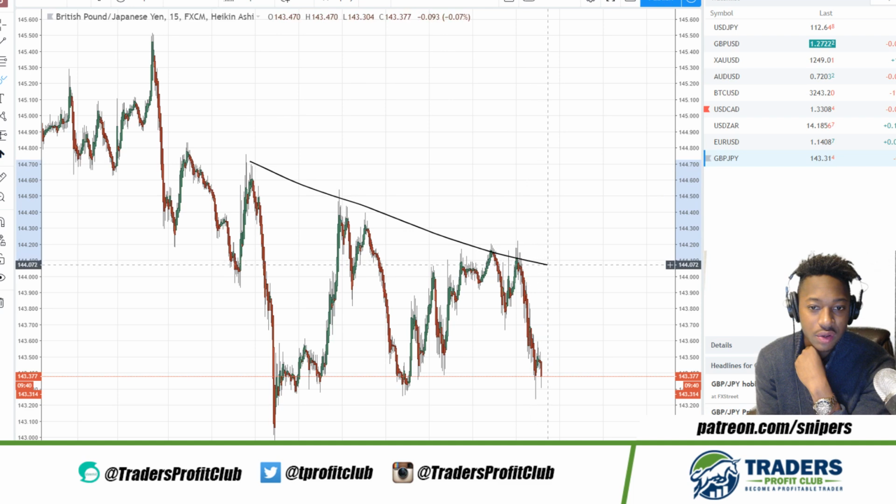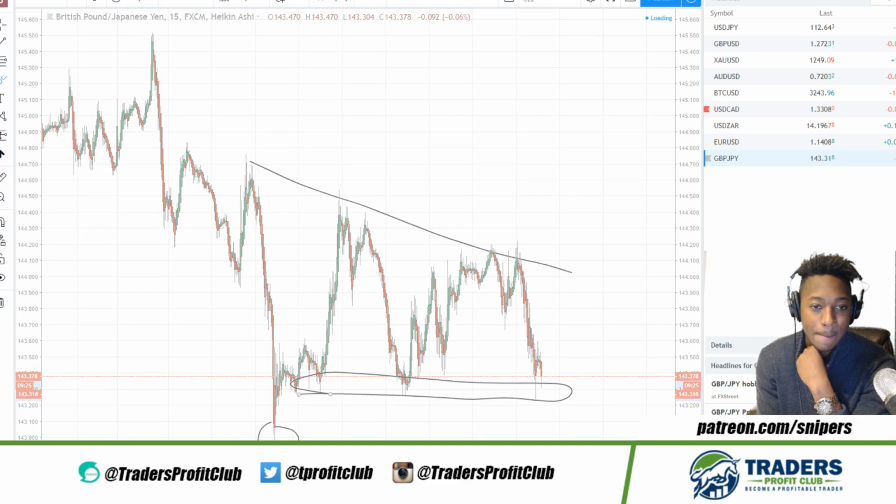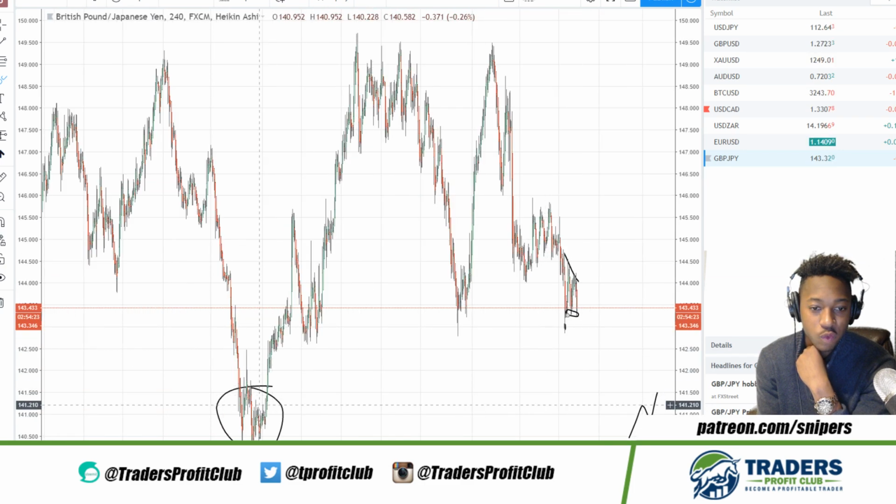See, the market's still going down, and you see that wick here. Well, it just barely retests, and then now it's already at that low. So the market is definitely still at a huge support level. I mean, if you look at the 4-hour chart, it's still a huge support level, but I really, really believe